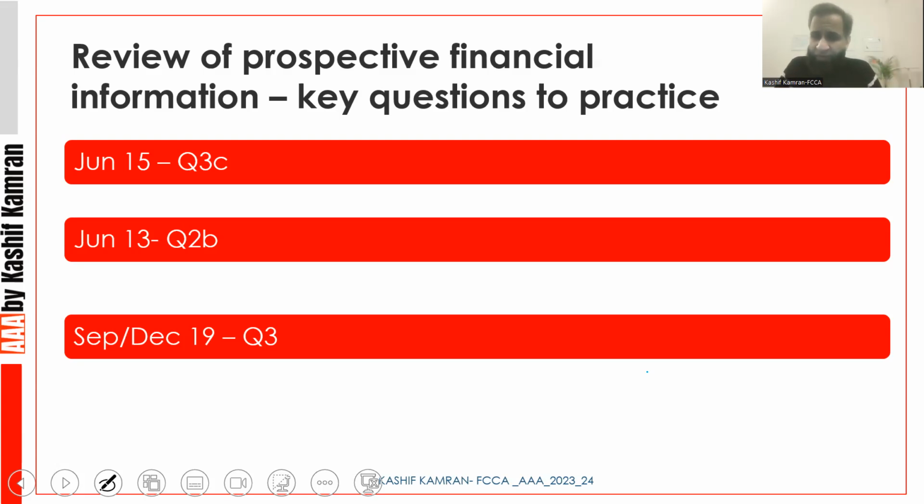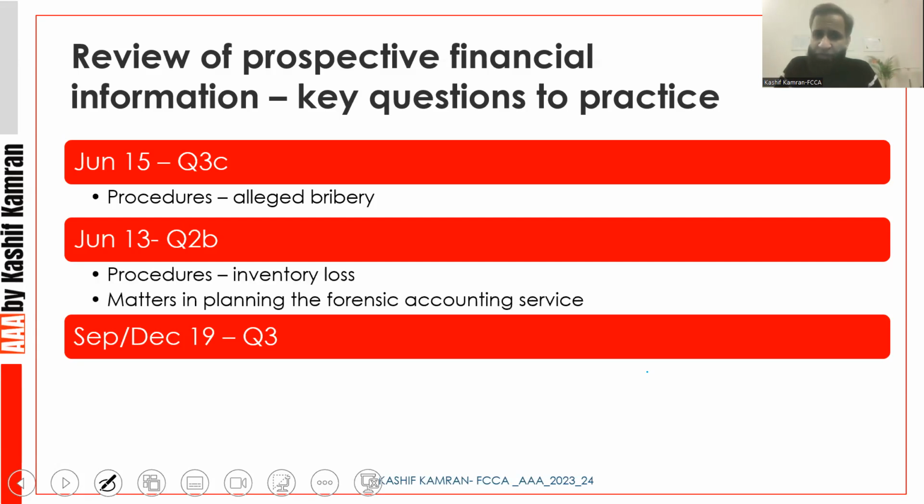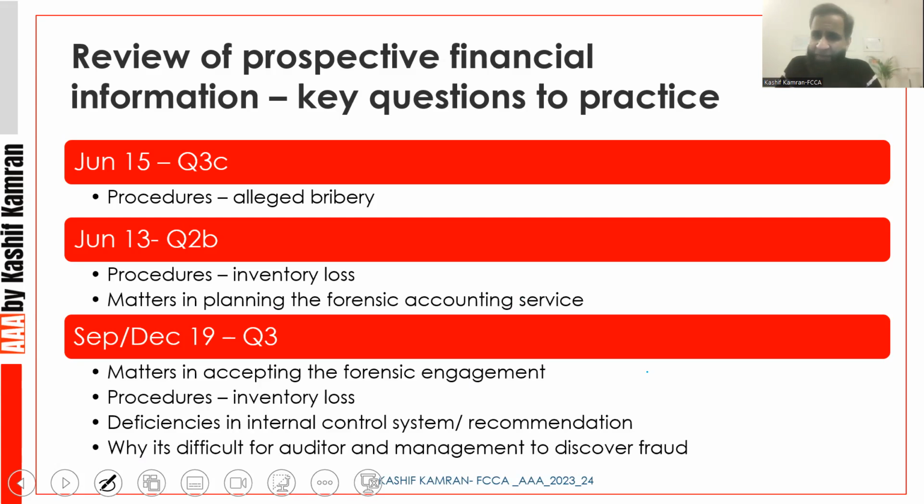June 15, question 3C: procedures on alleged bribery given in the case study. June 13, question number 2B: procedures for inventory loss and methods in planning the forensic accounting service. What sort of methods will you consider when you are planning the forensic accounting service? Then in September/December 19 paper, question number 3: methods in accepting the forensic engagement, procedures on inventory loss. So see the repetition, procedures on inventory loss,